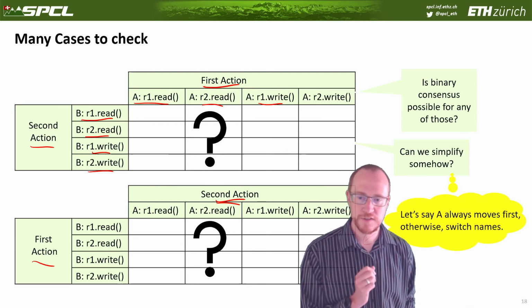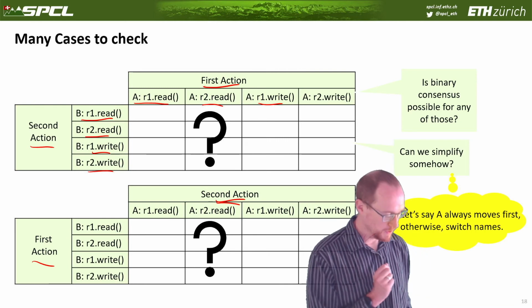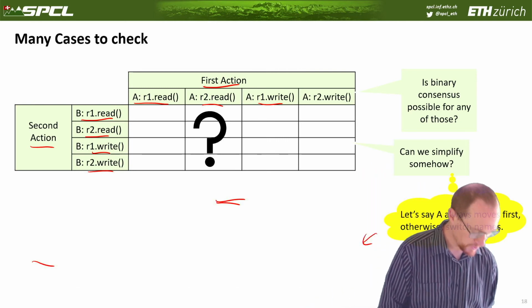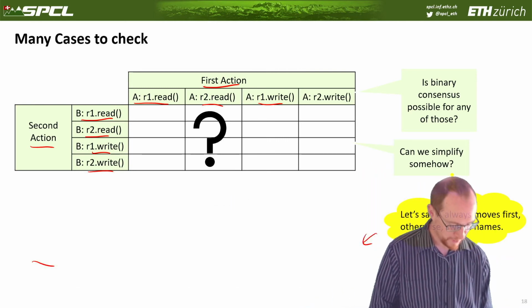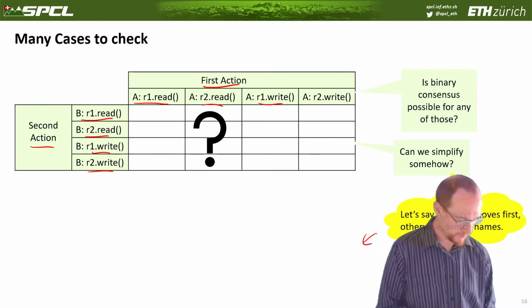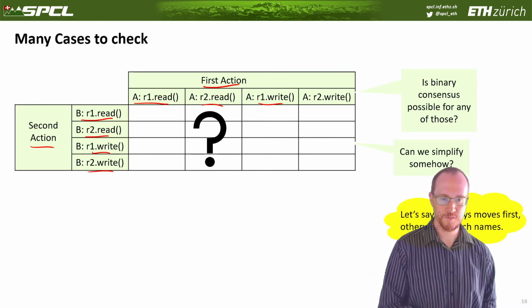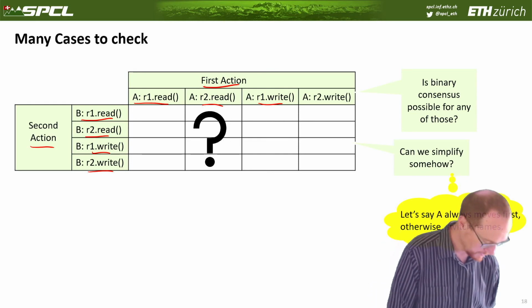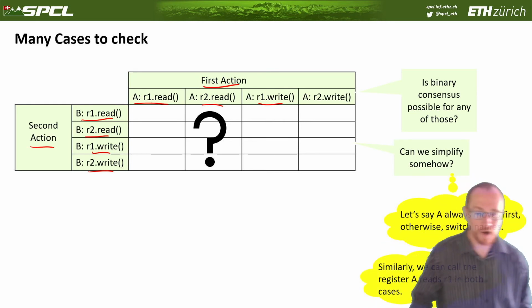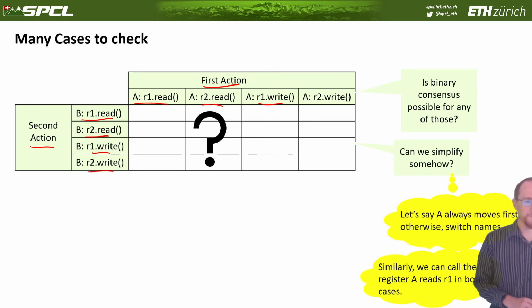So again, we introduce this without loss of generality principle, where we basically say, let's just call the first mover A and forget about the second table. So we're down to 16 options, right? This is the simplest. What we can also do is apply the same principle and say, well,